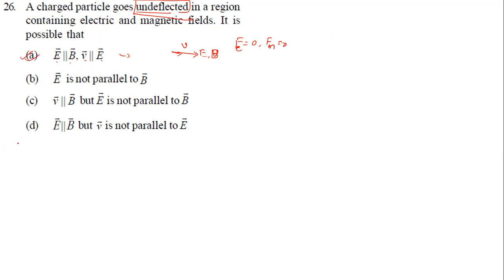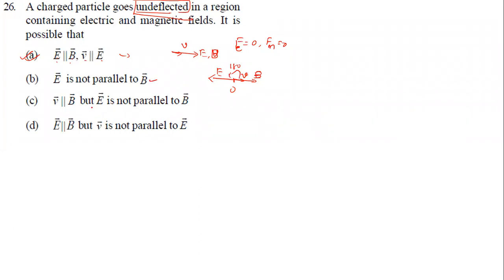Sir, what about these three? So no need to go for checking. If you want to check, you can check it. Now E is not parallel to B. Okay, this case I'm going to take now. E is in this direction and B is in this direction. And this is the center. So V is in this direction. Now the particle is going to change its path, right? It is going to deflect by how much angle? 180 degrees. Or if both are of equal strength, it may happen some other way. So it is going to deflect here.